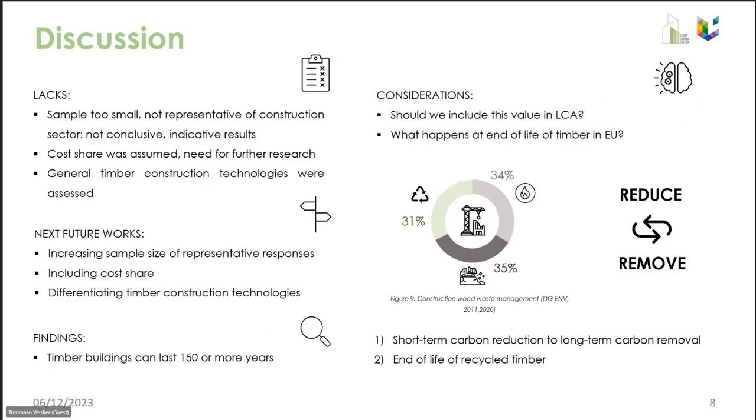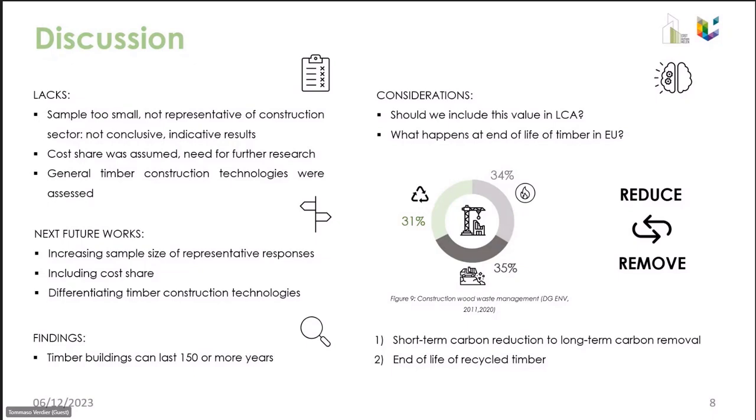And as mentioned already, the main finding was that actually timber buildings can last up to 150 and maybe even more years. So some considerations followed. First of all, should we include this value in the LCA? Standards suggest 50 years, but to properly address the LCA, maybe at this point we could even use this value of 150 years. And the second consideration is what actually happens at the end of life of timber, because